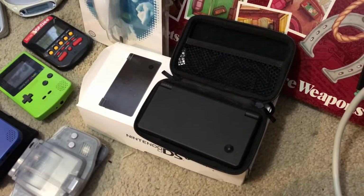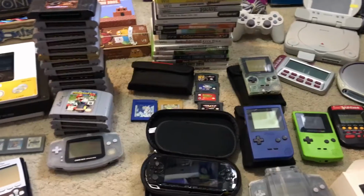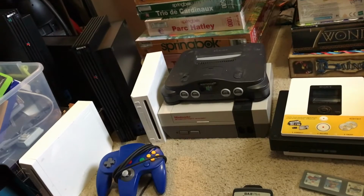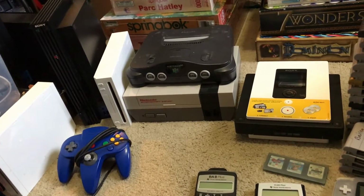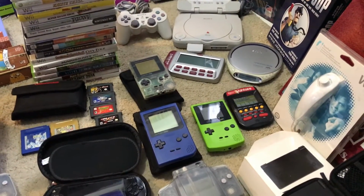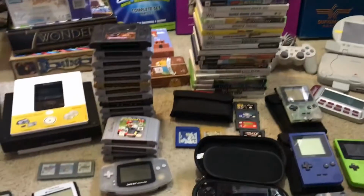Actually, does not have a charger. Has a card charger. So actually, yeah, I'm gonna find out about that. I think we just have the games and these consoles. So I'll talk about the consoles first. So I got a PS2, Wii, an N64, that original Nintendo, those 2 Game Boy Pockets, the Game Boy Color, and that Game Boy Advance, and that stack of games, and like half of that stack of games for $120